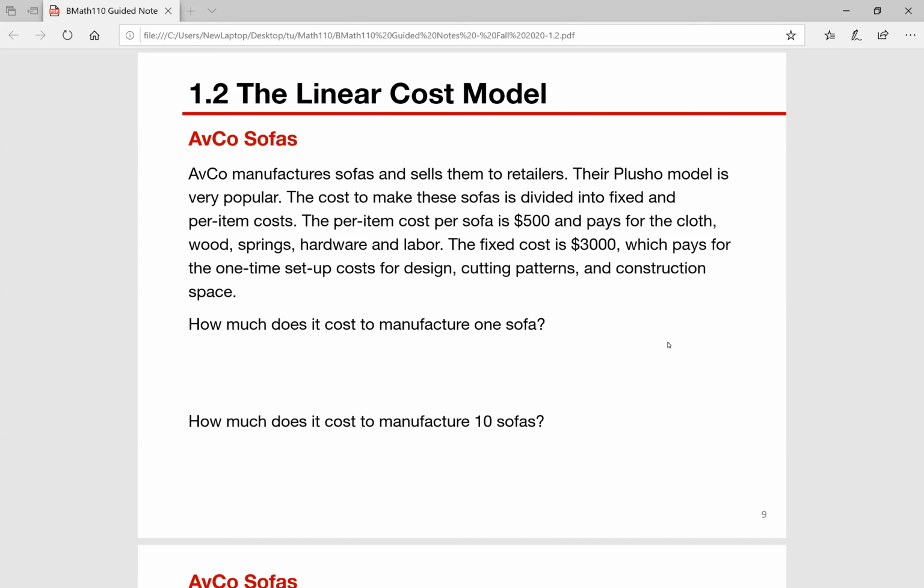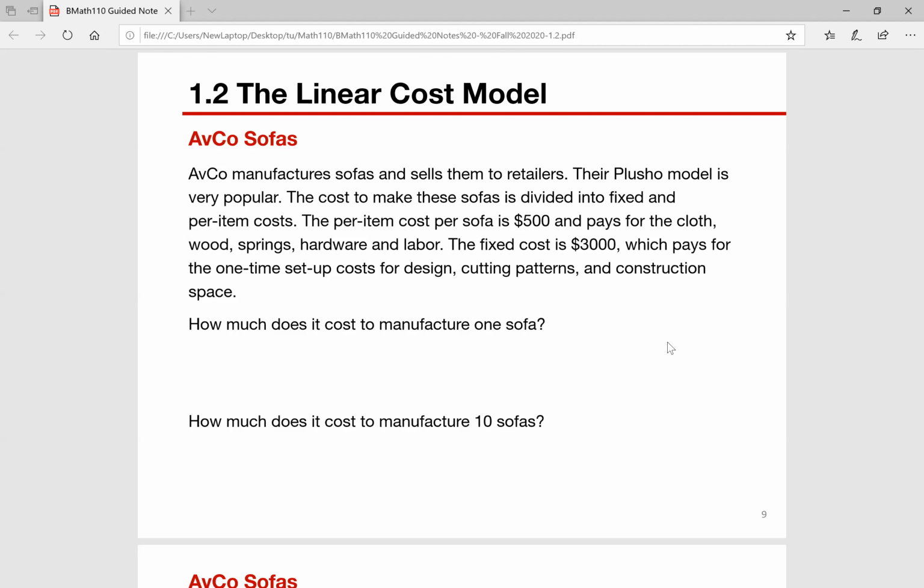Hi everyone. So today we're going to talk about section 1.2, Math 110. In this session, we're going to talk about the linear cost model. So we have an example, say a company